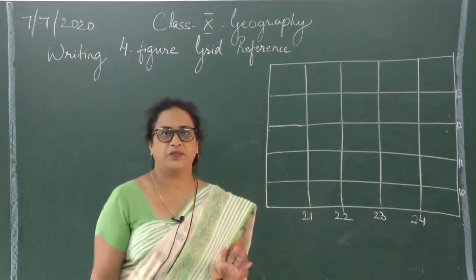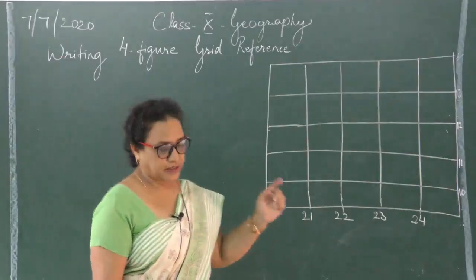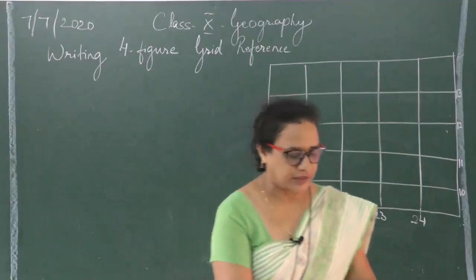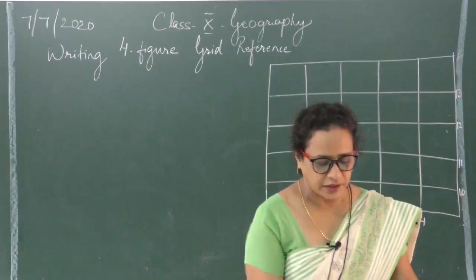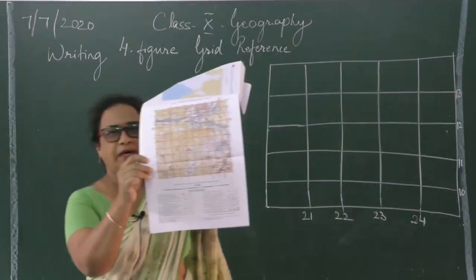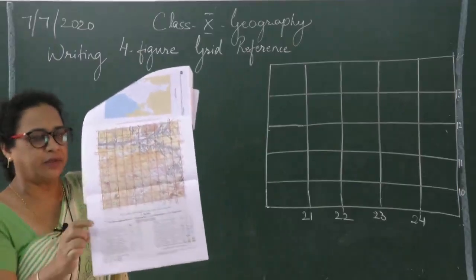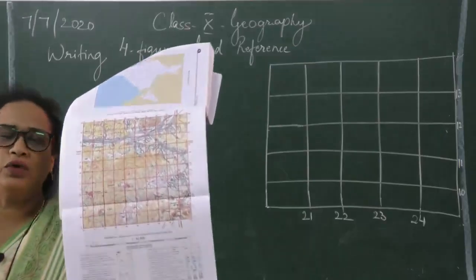I'm continuing with the contour maps topic, and yesterday I told you all the information that is available on the map sheet. I repeat once again, if you turn to your textbooks, right at the back you have the contour maps. Clear? Every basic piece of information is present on the sheet only. You have to know where to look.